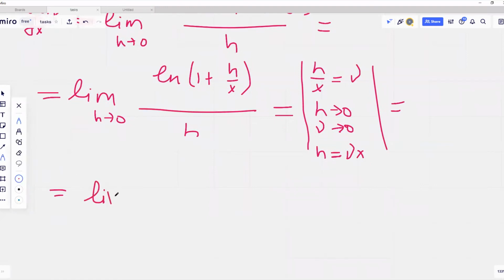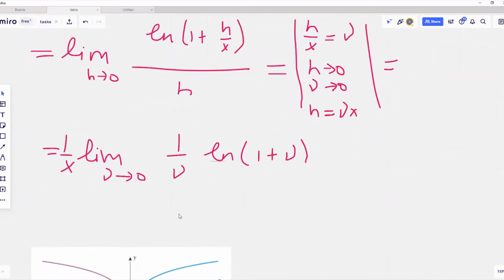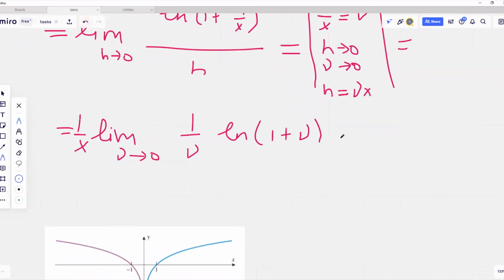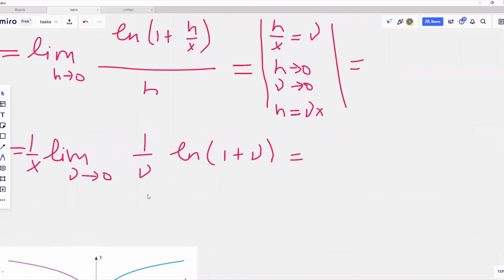So this is the limit, now instead of h we are going to use nu, as nu is approaching 0, of ln of 1 plus nu, h is nu x, so this is 1 over nu. Now, 1 over x is invariant of nu, so we can factor it out of our limit. So we are going to end up with the following limit,